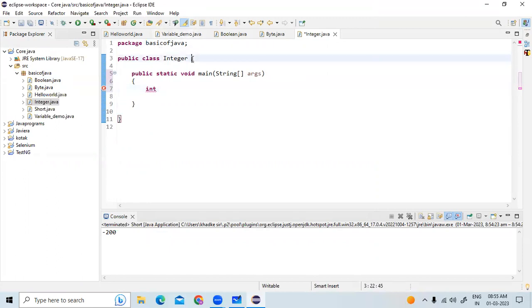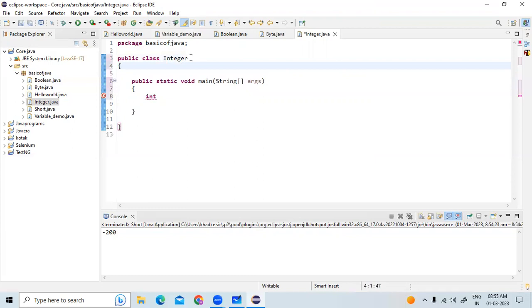I will type over here. So this is in comments. These two forward slashes are used for commenting purposes, right? Its range is what? Minus 2 raised to 31 to 2 raised to